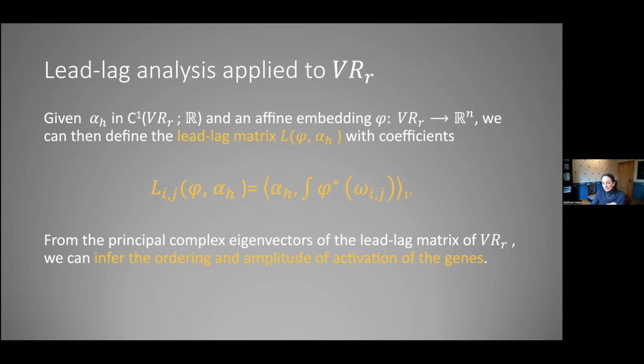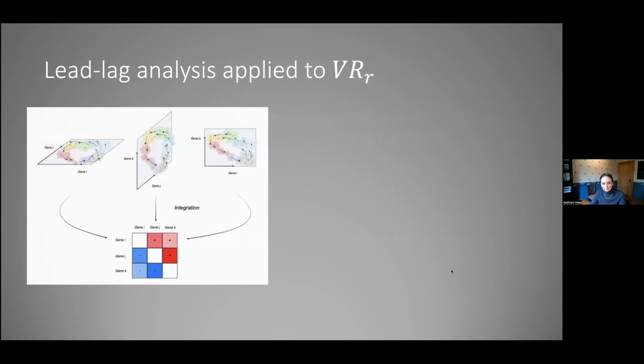That gets a little bit more technical, but we'll stop there for now. The basic idea of how we can do this: we're generalizing this lead lag analysis along just one curve, which is for just two coordinates, which is something that is quite well understood and enables us to look at the pairwise ordering of the different genes and their expression. So here's the idea, that we get this lead lag matrix by looking at all these pairs of genes and seeing which one is leading which one as we go along.